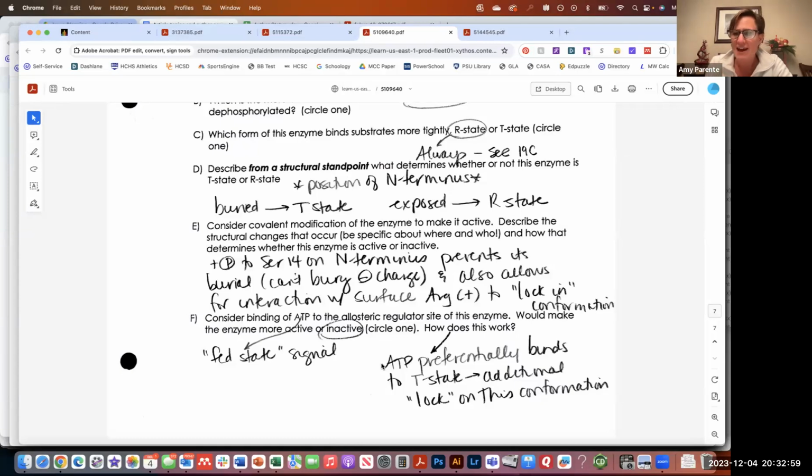Now, for this enzyme, R state means that it's on, so it's going to be binding glycogen and breaking it down. We need to do a logic check and say, ooh, if I'm breaking down glycogen, that must mean I need glucose. If I need glucose, I must be in a need state. Need state means phospho. I must be decorating things with phosphates using kinases. Right? So we need to be able to do that logic check to connect those pieces together.